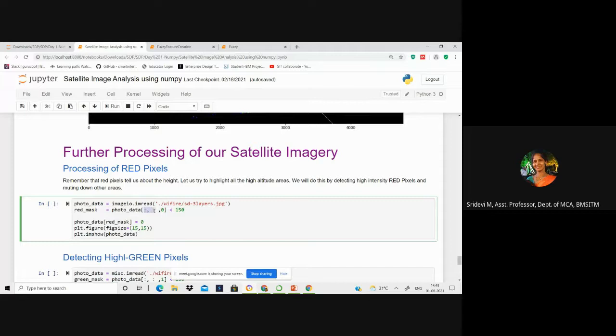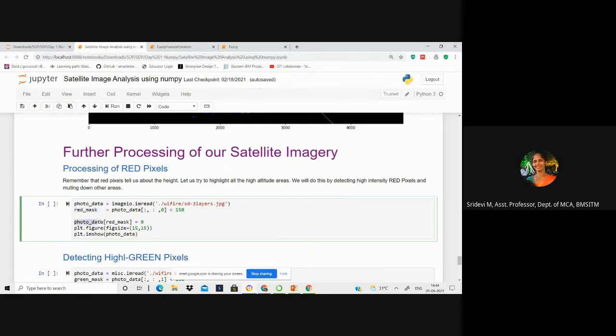For the zeroth layer, which represents red, you select intensity lesser than 150, and with that you create a red mask. This red mask now contains all the pixel values with red color lesser than intensity 150.